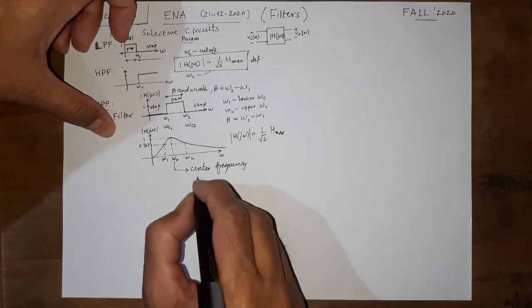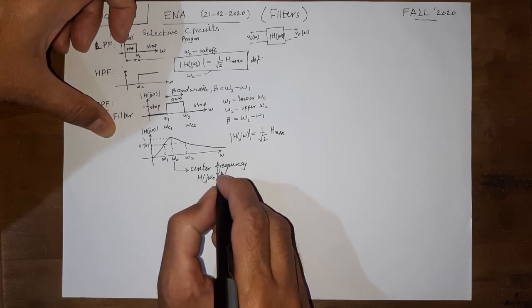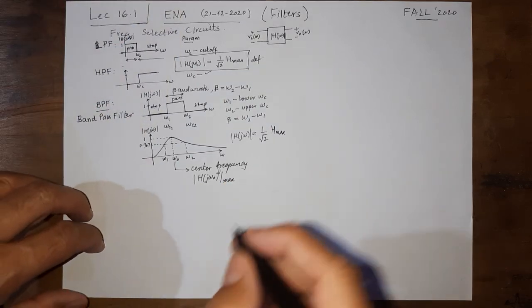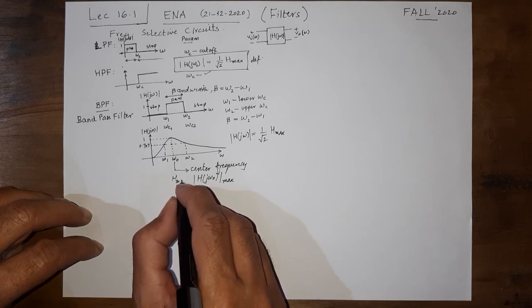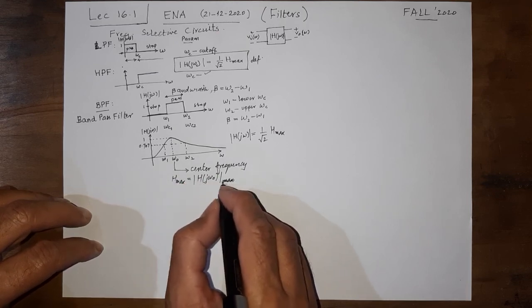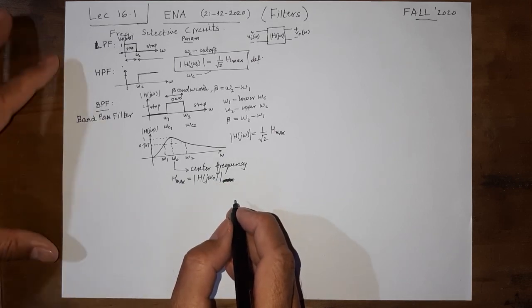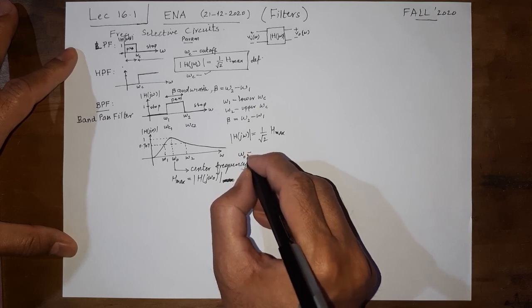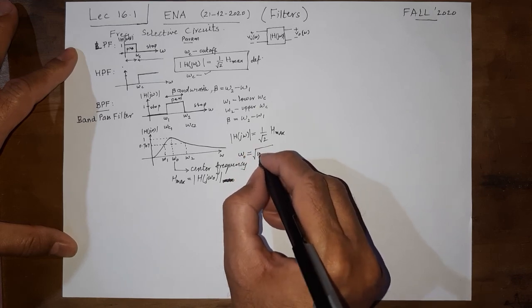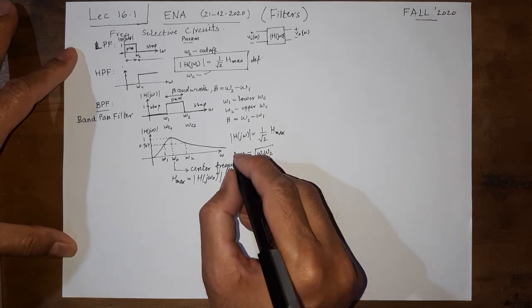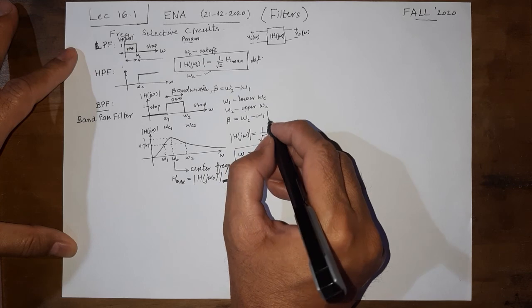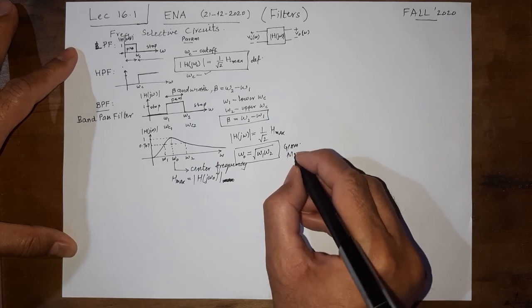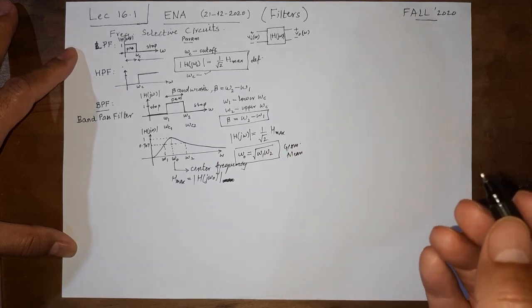and this is the frequency where H of j omega is at its maximum value. This peaks, basically. So that is what H max is. Let us write it like this: H max is the value of H of j omega at omega equal to omega naught. This is known as the center frequency, and if we work this out, which I am skipping for now, but you can just believe me here, omega naught is the geometric mean of omega 1 and omega 2, the two cutoff frequencies.